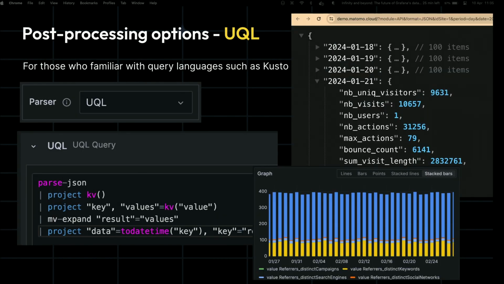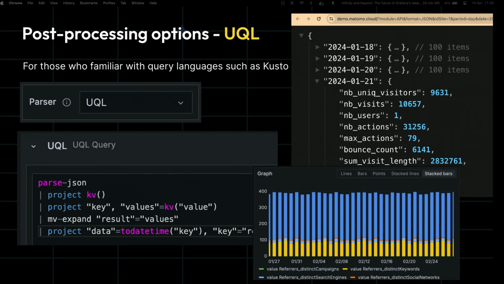And then we realized, okay, this simple parser is not enough for doing aggregation and filtering and other stuff. So we need some complex parsing options. So we introduced UQL later, in Infinity version 0.4, which is similar to other query languages such as SplunkQL and Kusto.